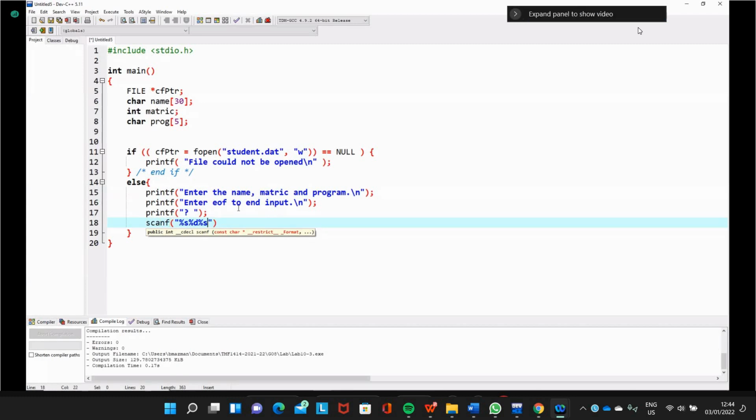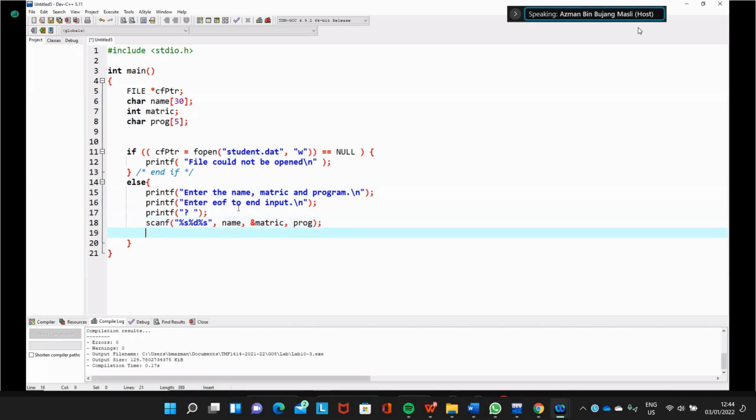We assign these to name, then the metric, and then the program. So we got all the data from the user, and now we can actually write it to the file.